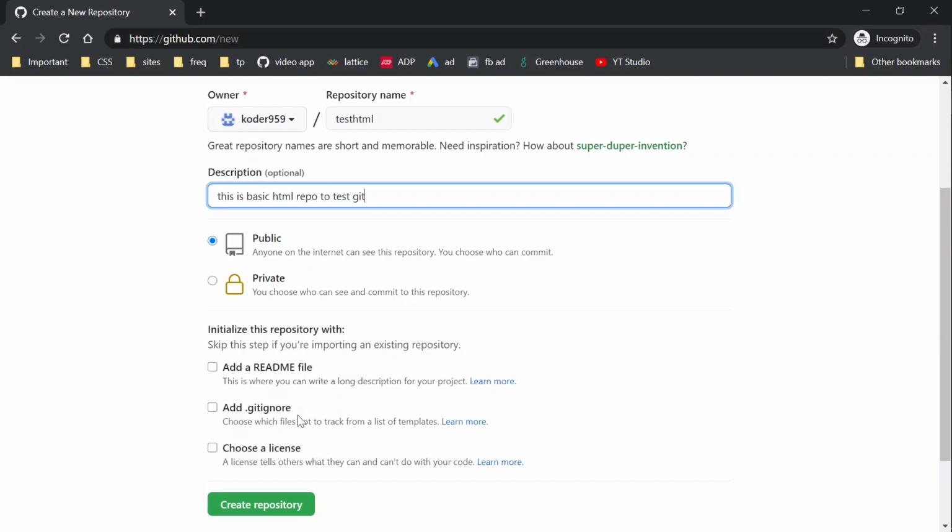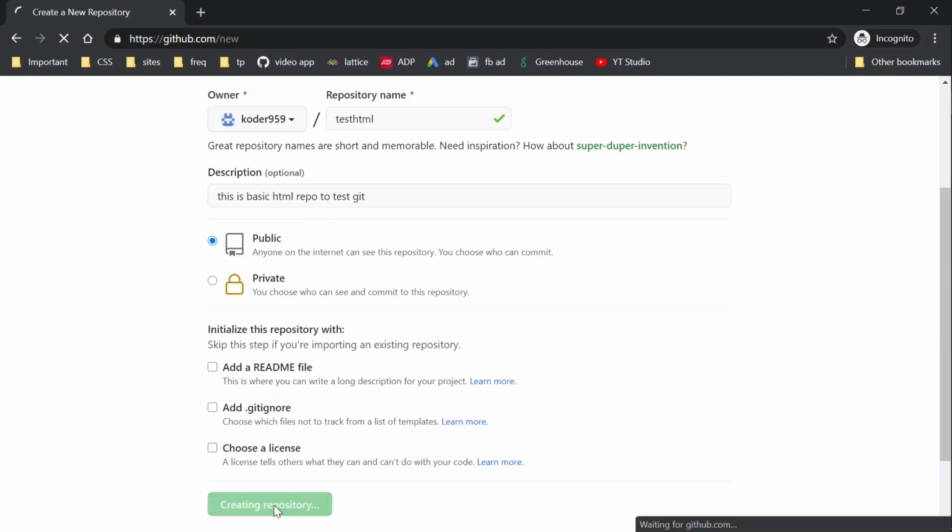The gitignore will be the list of files and folders which you want to ignore while putting something inside your repositories. I will get into details once I get to that part of the project. And choose a license. If you are working on some licensed work, you can add a license from here. And you can even choose whether you want your repo to be public or private. A private repo is the repo which only you can access, or whoever you add as a member or a contributor to this repo can access it. Whereas the public one will be publicly available on GitHub and anyone can access this, like download or clone this project and start using it.